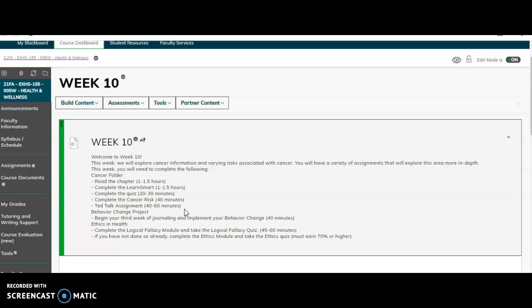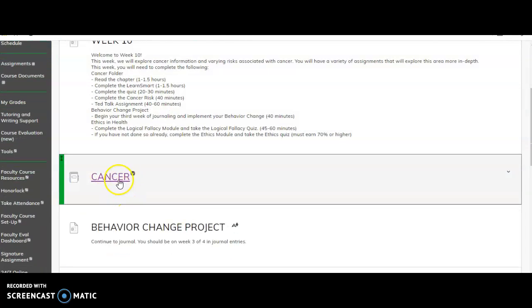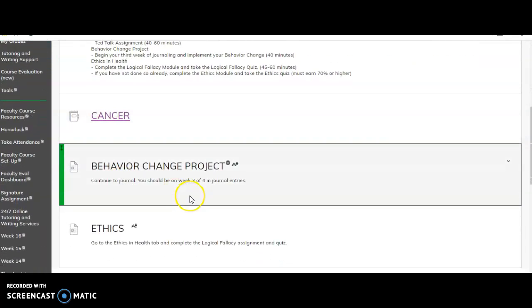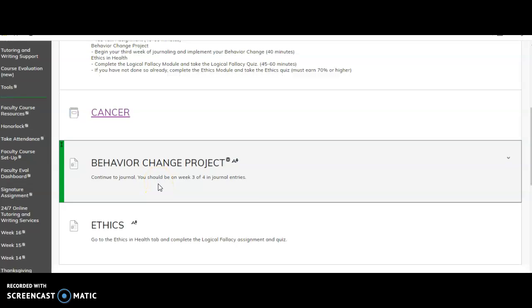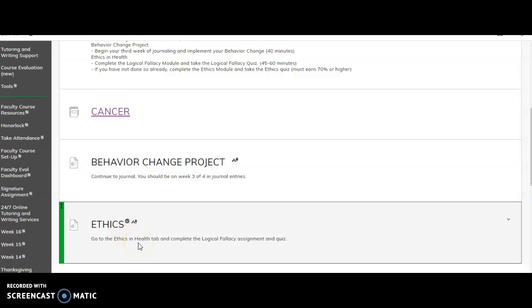It should be fairly easy compared to what you have had in the past. There's still quite a bit of work, but none of the assignments should be the length of time that you've had in the past. So you'll want to go through each one of these tabs. You have your cancer folder here, and then this tells you to go to the behavior change, and then this one says to go to the ethics and health tab. So you'll want to complete all of these, and then,